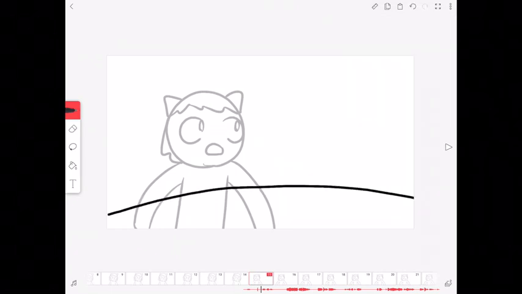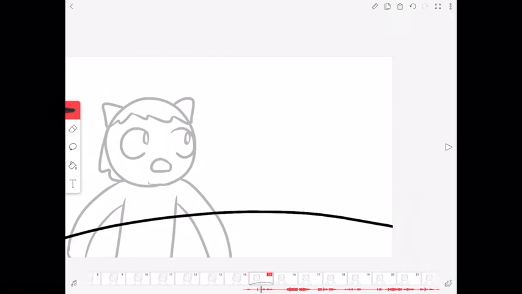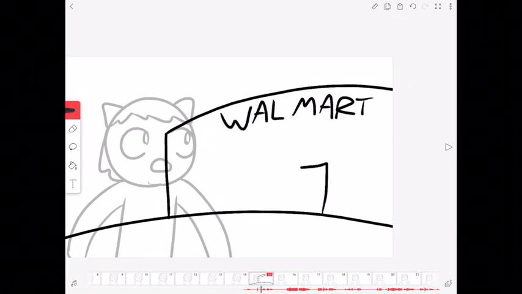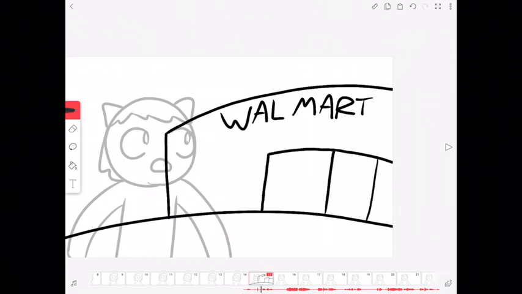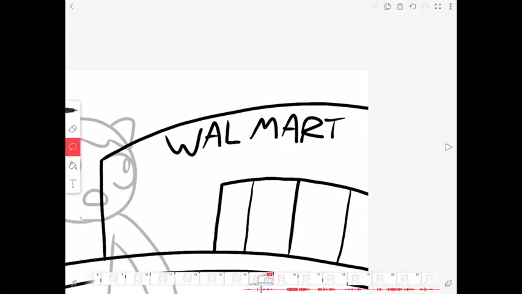So behind me here, I'm gonna have like a Walmart because we're at a Walmart. So you just go ahead and draw your background. Okay, here's already one, the lasso tool. The lasso tool allows you to grab things